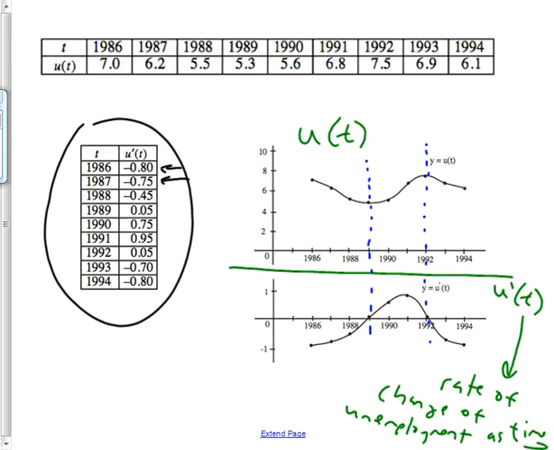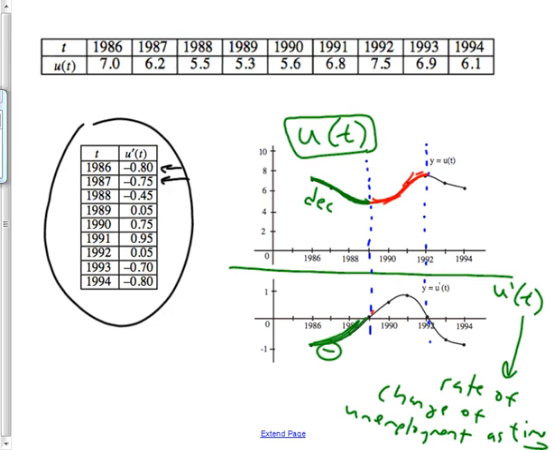So first off, I'm looking at my unemployment. When my unemployment is going down, is decreasing, I should have a negative rate of change of unemployment. So when my unemployment is decreasing, notice that these are all negative values. So these are all negative values when my unemployment is decreasing. And when my unemployment is increasing,